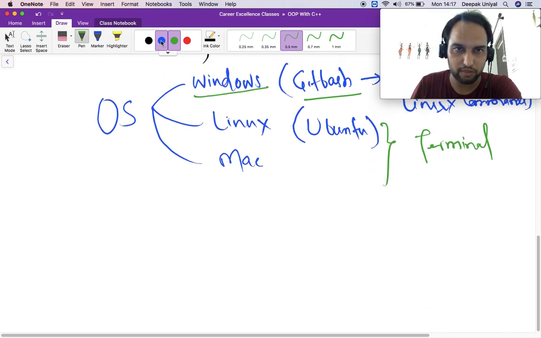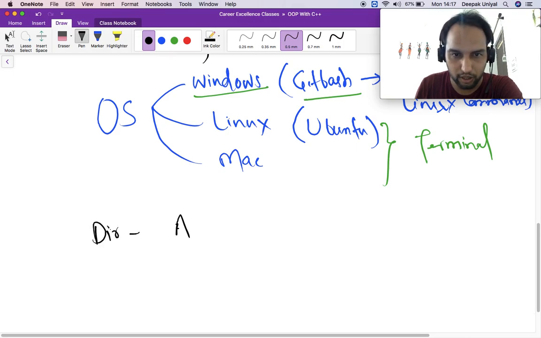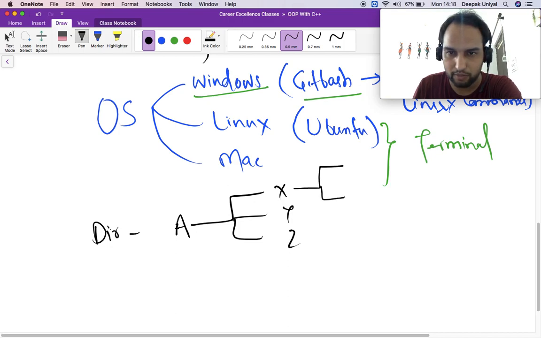Let us suppose you have some directory A, and inside this directory you have multiple folders X, Y, Z, right? And inside X you have some different folders like K and L. And let us suppose you are at A right now.